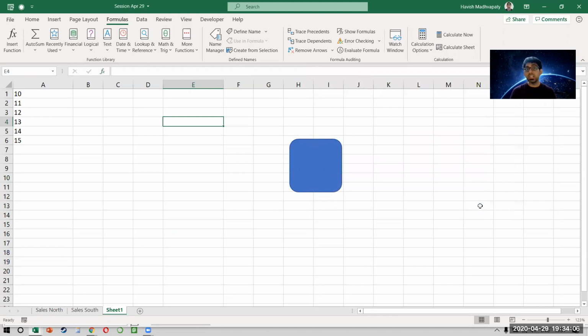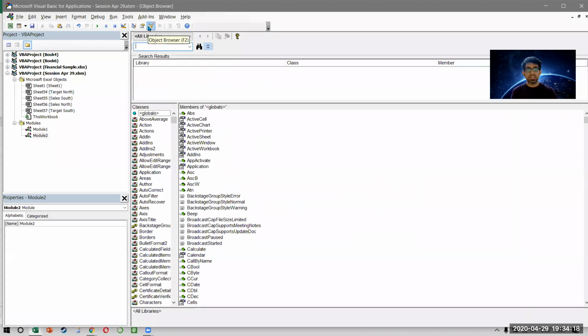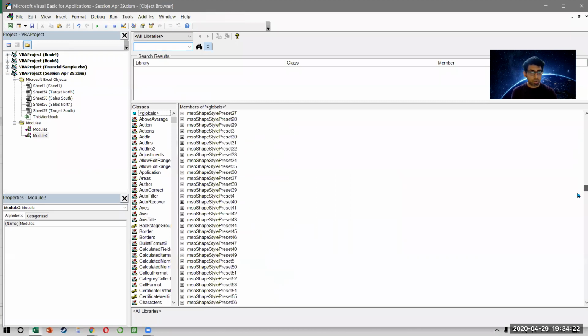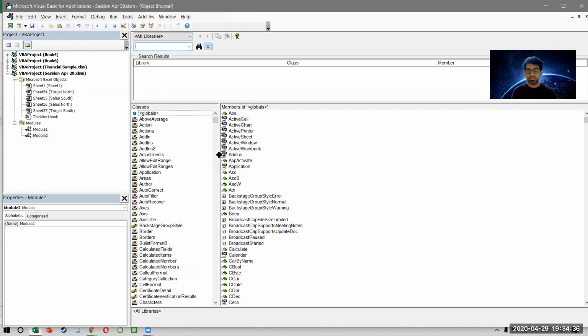Similarly, if I ask you how many different objects are there in VBA, how do you do that? You can click on the small button here, this one. The shortcut is F2. It's called the object browser, and it will show you a list of, and this is a very large list. It has thousands of different objects in it, but you can see how many different elements are there in Visual Basic. Like worksheet is something, workbook is something, fill is something, color is something, right? Like this, there are different classes available, right? And you can go through all of these.